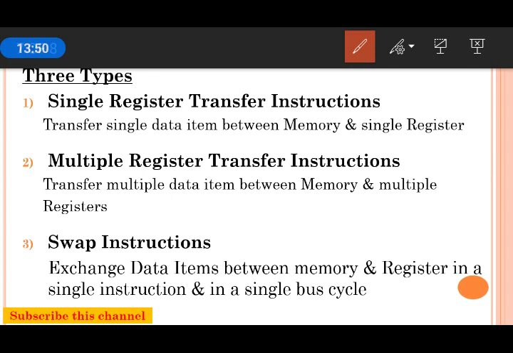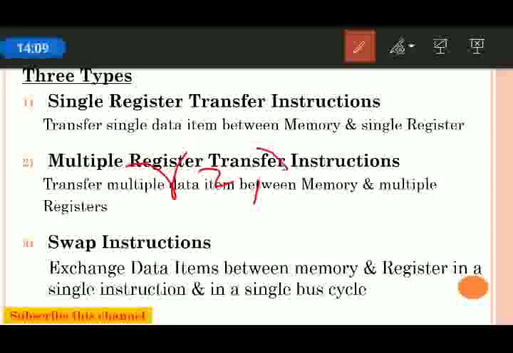But in the multiple register transfer, we can transfer more than one data item from memory to registers or from registers to memory. For example, we can transfer three 32-bit data items from the memory to three registers such as R2, R3, R4.